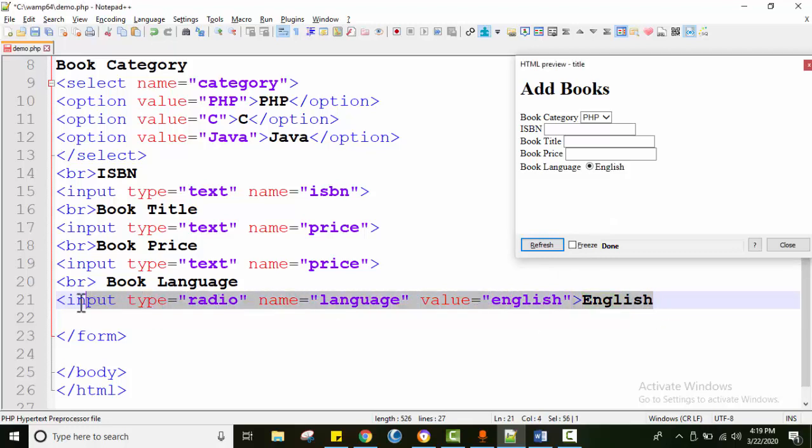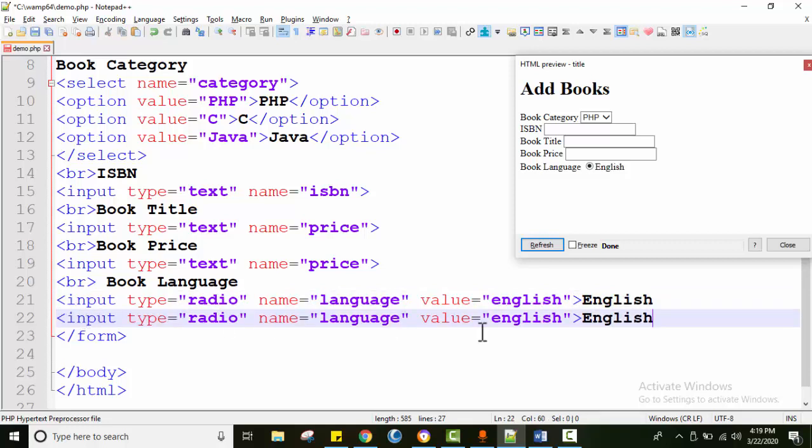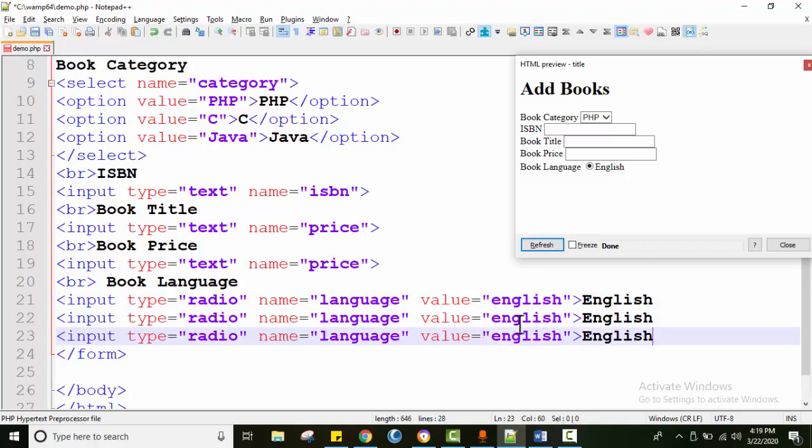So I'll just copy this code, and do it a third time. So for other languages, input type is radio. The name will not change, because all these three radio buttons will have the same name, because they form the same group of language. And the value, now for the second one, I want to keep this value as Arabic,